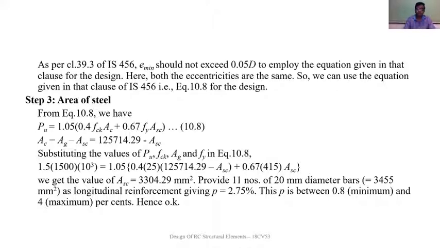For this required area, we provide 11 numbers of 20 mm diameter bars, which gives 3455 millimeter square as longitudinal reinforcement, whose percentage of steel is 2.75%, which is again between 0.8 and 4% as per the codal recommendation. Hence, the provided steel